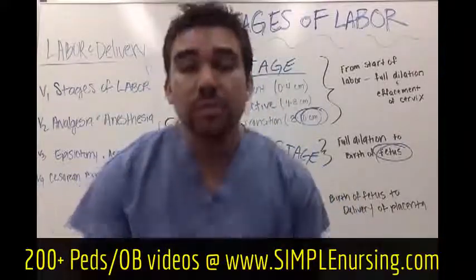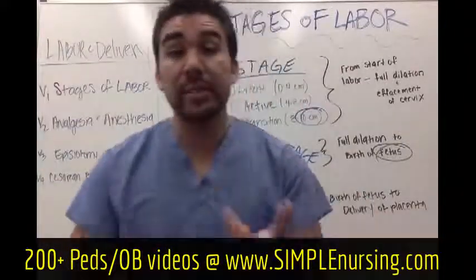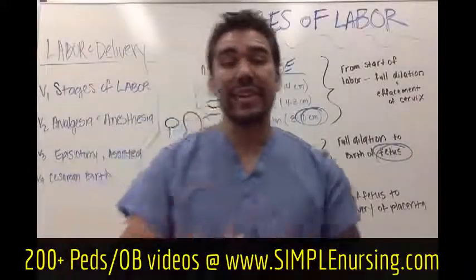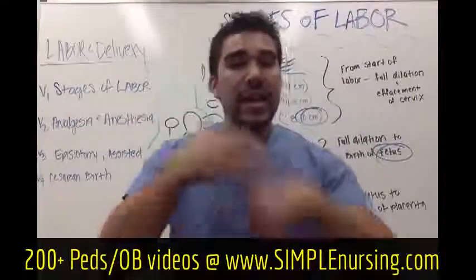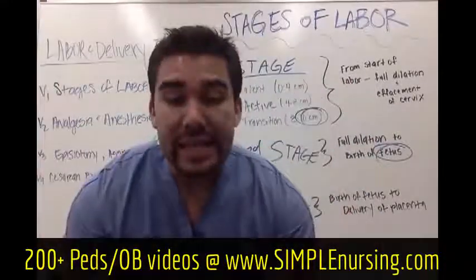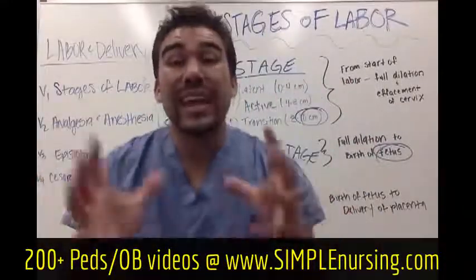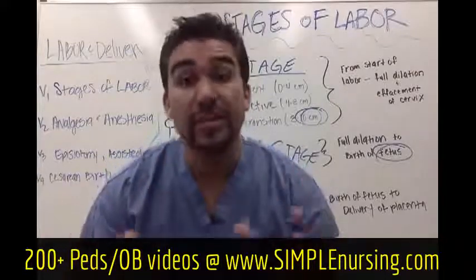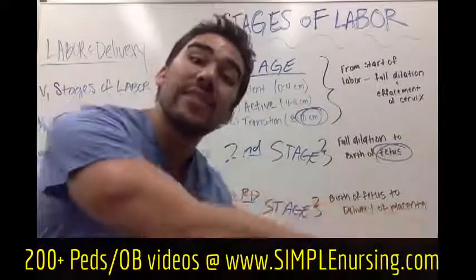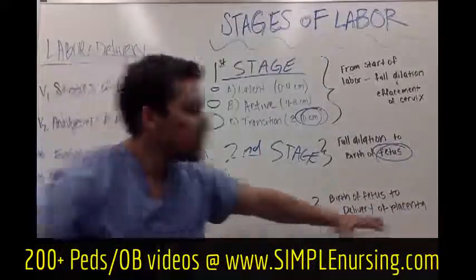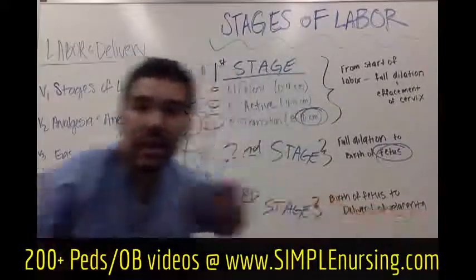We do an APGAR score, which just does the appearance, pulse, the grimace, and the reactivity of the baby. And we'll do a whole video on that. So we just want to see how the baby is doing when it comes out. It's almost like a head-to-toe assessment, really quick on the baby. Then we're going to take the baby, keep it warm, give it to mom, deliver the placenta, and then that's